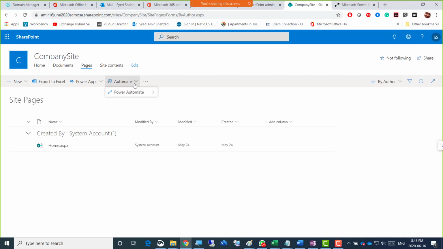Automate is just the new name for Flow. It used to be written here as Flow, and instead of Flow now they are calling it Automate, and they've created so many templates there. So there's the configure page approval flow. So see your flows here, and then there's the page approval flow. These are some scenarios that you might want to automate. Go for some simpler examples first, and then go for more complicated ones, just like I showed you one there.